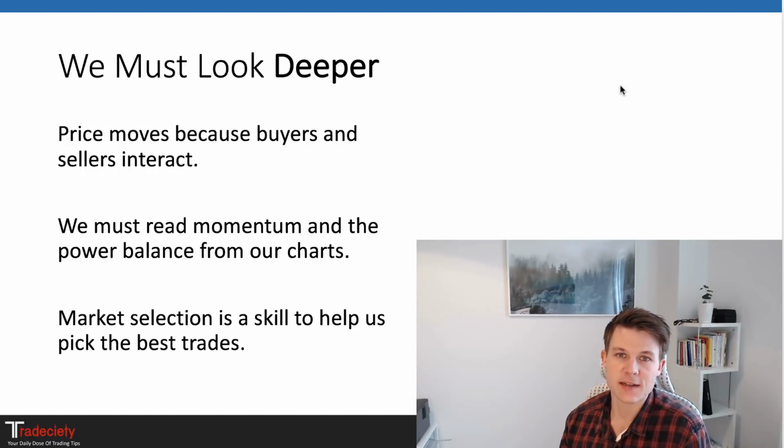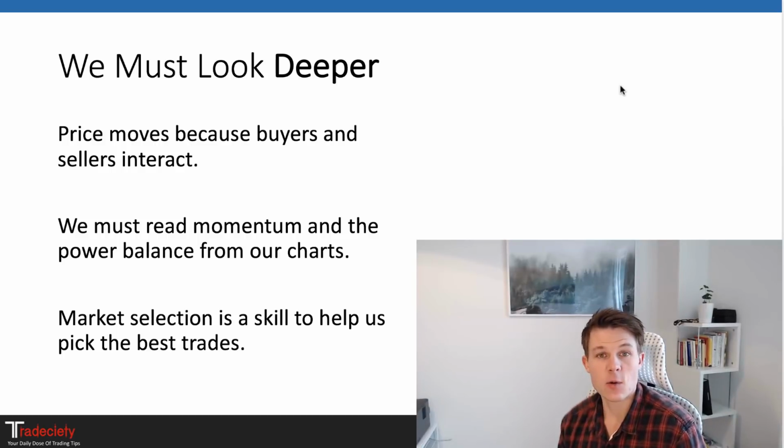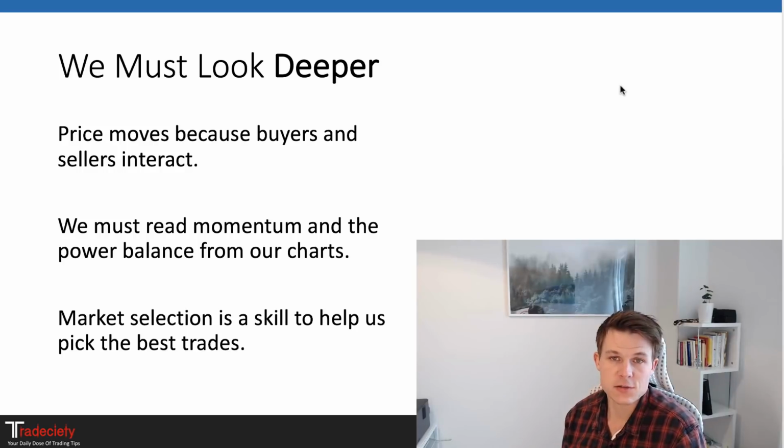We must understand that the price moves because the buyers and the sellers interact on our charts, depending on who's in control, who is stronger. Are the buyers stronger? Are the sellers stronger? What are the signals that they are giving us? What are the charts telling us? And looking very deep, not just at, is this a pin bar? Is this a crossover? Is the 12 period moving average better? Should I use a 13 or maybe an 11? That's not really helpful, but we must look deep at the charts.